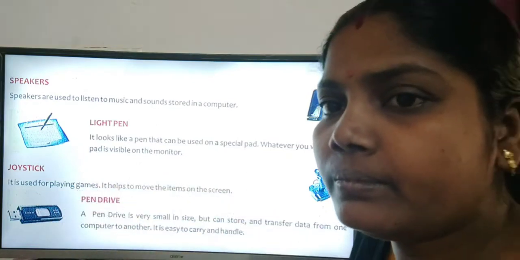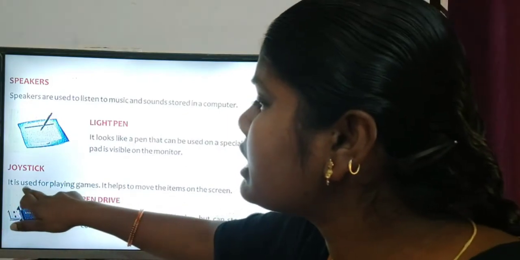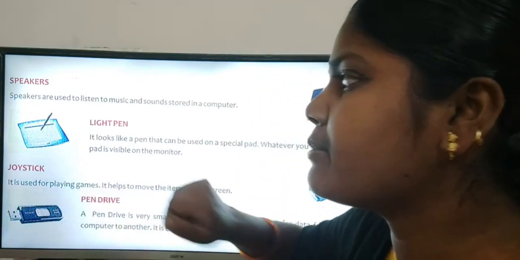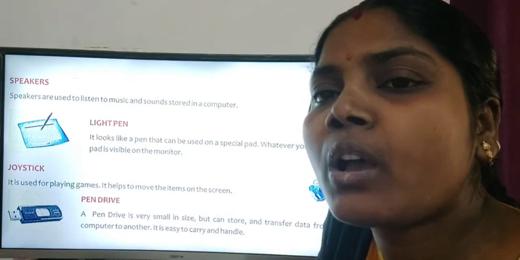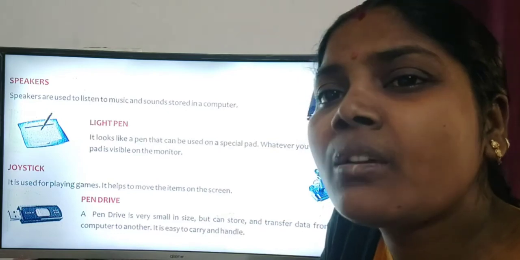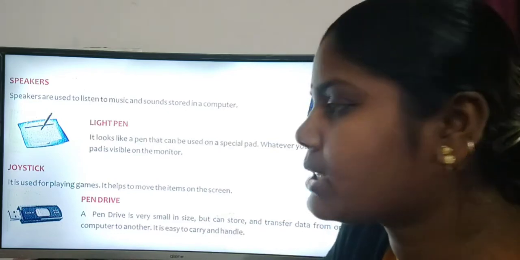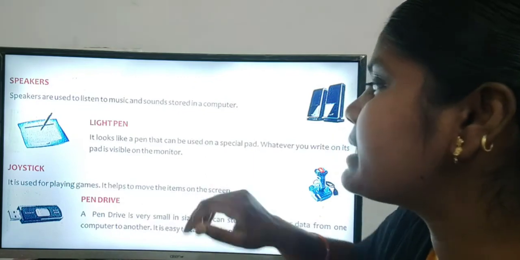Now we have a joystick. It is used for playing games. It helps to move items on the screen.